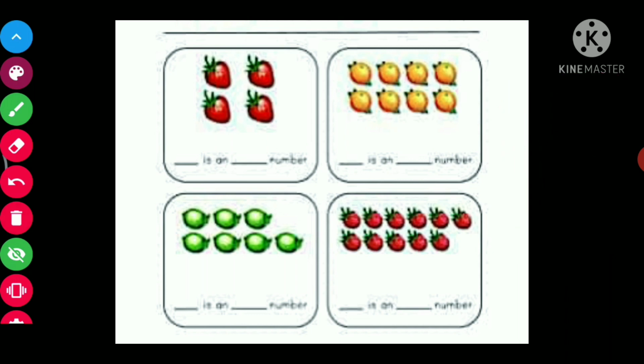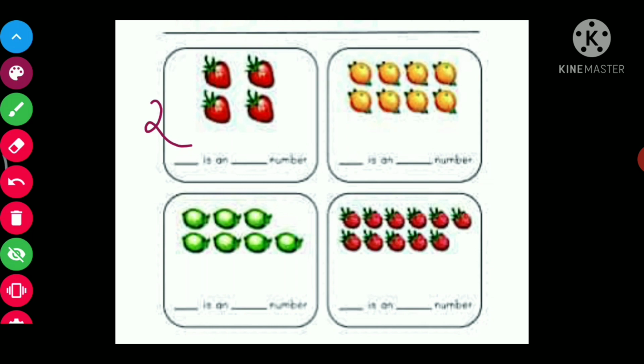Here you can see 2 strawberries are there, that means 1 pair. Here also 2 strawberries are there, that means 2 pairs. So here we find 2 pairs of strawberries.